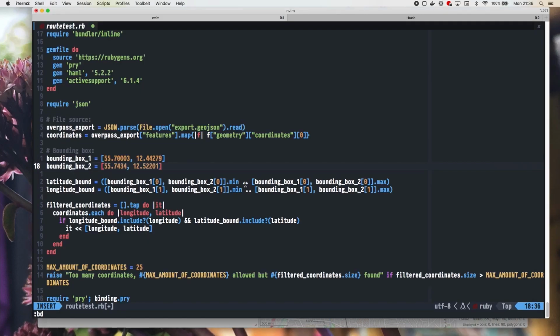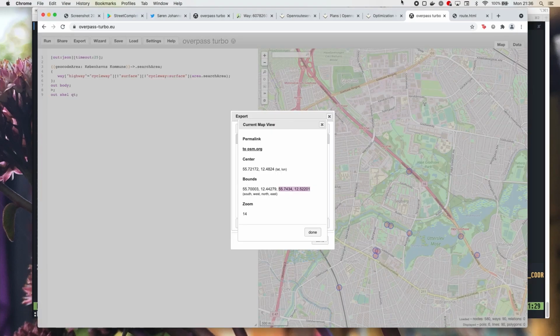Put it in there. So this is my bounding box right now, and then I do some data manipulation here, where I figure out what's the smallest number, what's the largest number, and then I just filter all the coordinates. So when I have all my coordinates, I just exclude all the ones that are outside of my bounds. Then I have a max amount of coordinates saved here, and that's because there are usage limitations of the optimization API.